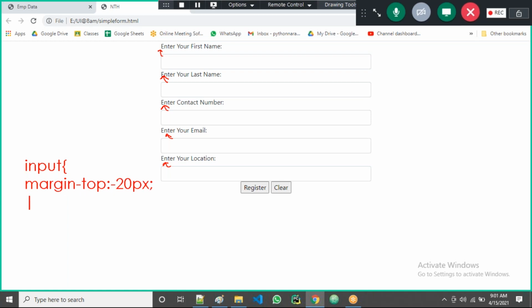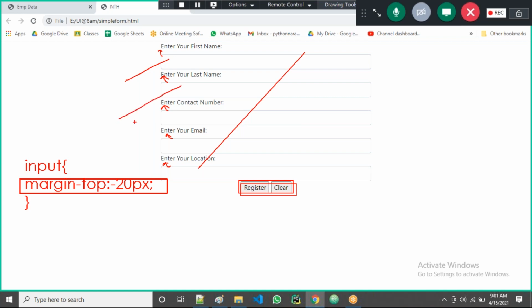If I take it like this, tell me, the same style will apply for all input boxes, and also for these two buttons. Am I right? I'm saying that because these are inputs: the input boxes, and also these two buttons are inputs only.